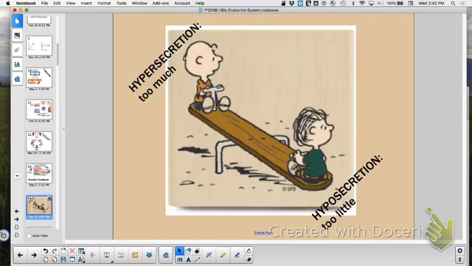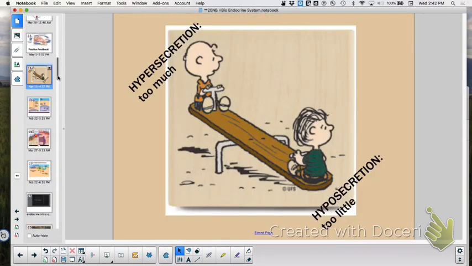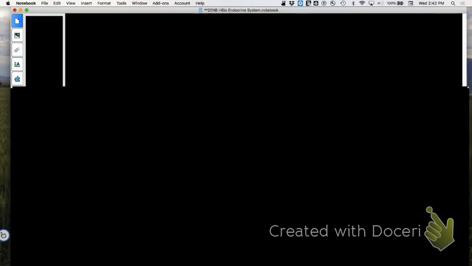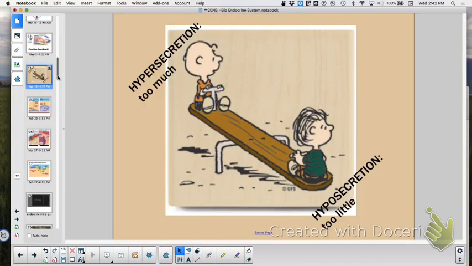Positive feedback, baby. Okay, then the next thing. We have talked so far about comparing and contrasting the nervous system with the endocrine system. We have talked about the different ways that chemical messages are transmitted. We've talked about how they might help us keep homeostasis, like negative feedback, or amp it up, like positive feedback. We have talked about when you secrete too much or too little, hyper versus hypo. We've talked about antagonistic hormones, all these things working to keep us in homeostasis.